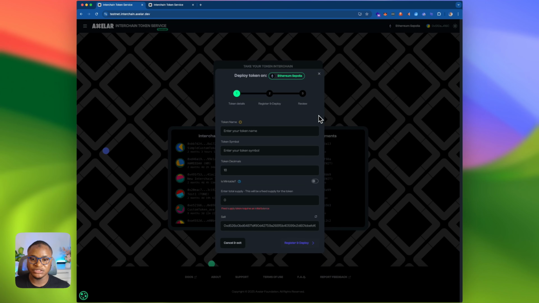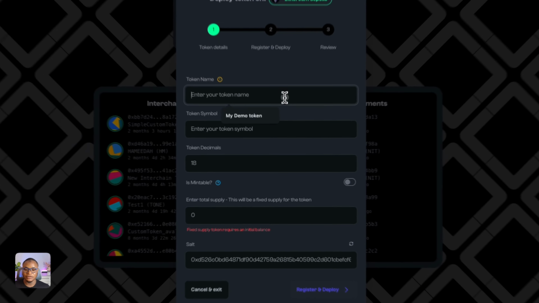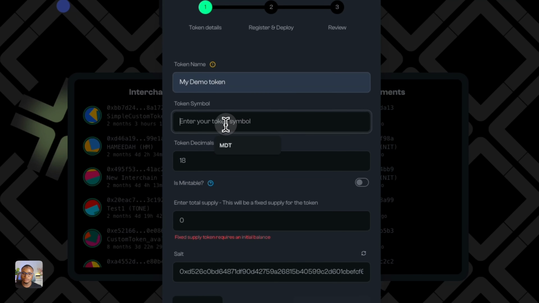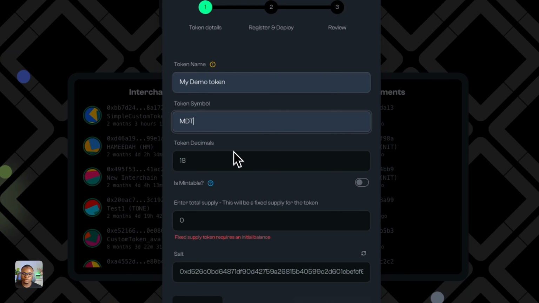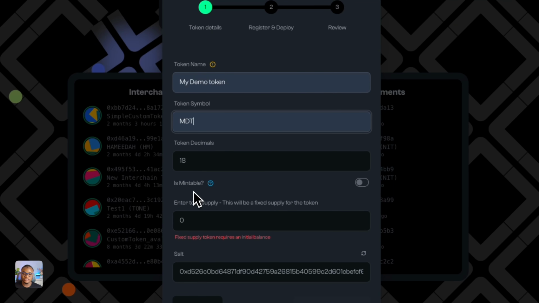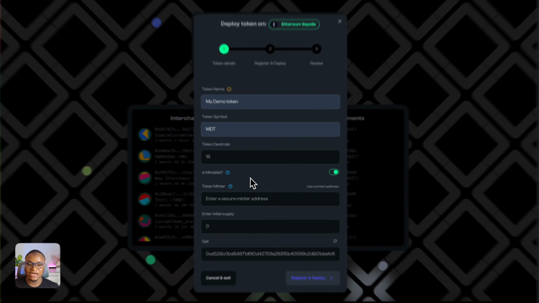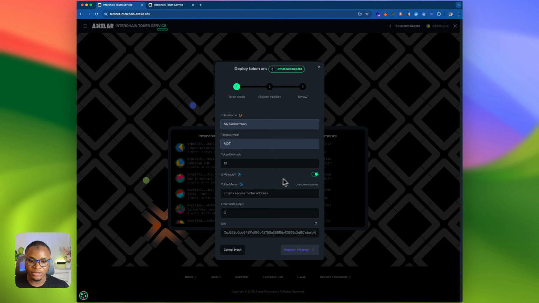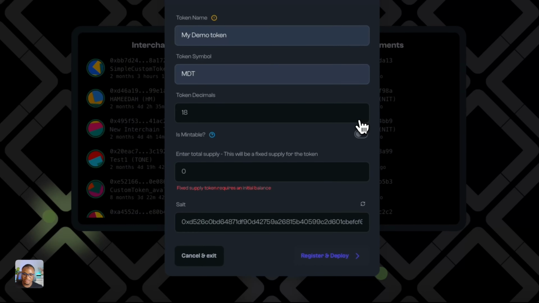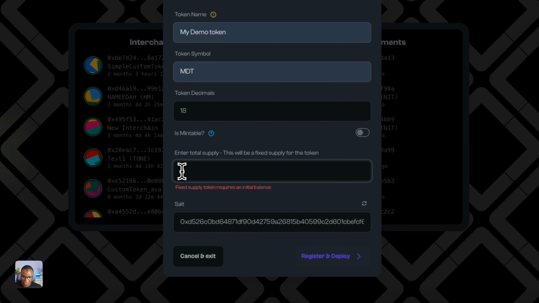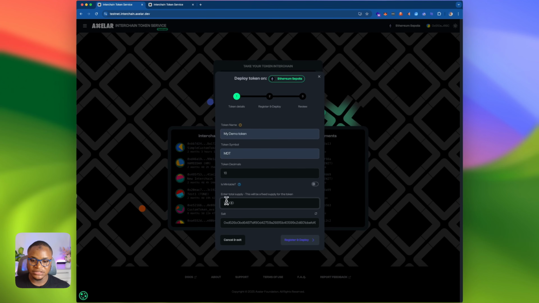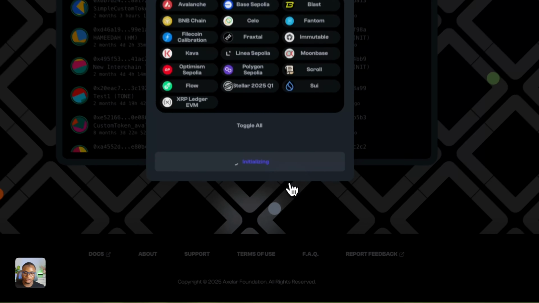The next thing you want to do is to click on deploy a new Interchain token button, and then you see this page where you can fill in the details of your token. In this case, I'm going to call it my demo token, specify my token symbol, and there's this option called is mintable. If you enable this, then you can set a minter that can mint additional token after deployment. But in this example, I'm going to deactivate this and then just go ahead and specify the total supply for this token, in this case 10,000,